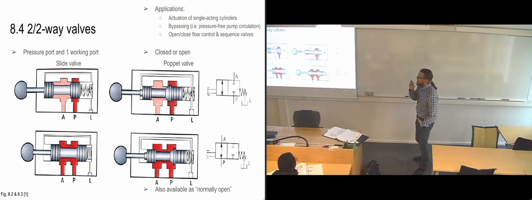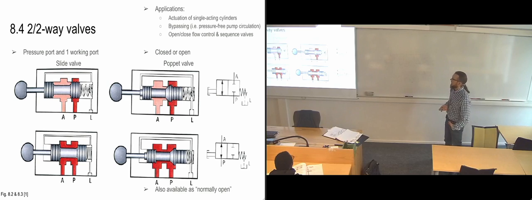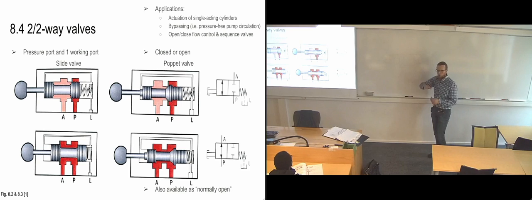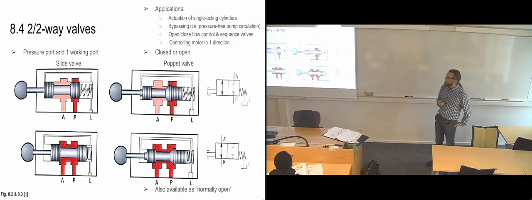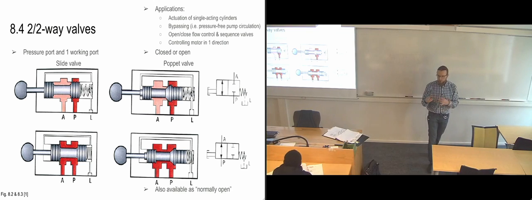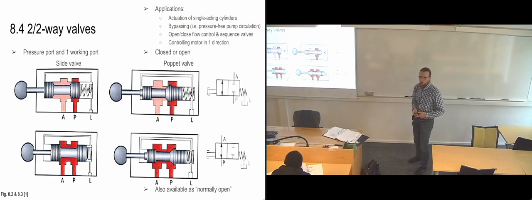And you also use it to open and close flows. Also in sequence valves, which we talked about in the subsea industry, when you are using different levels of pressure to open more and more parts of the systems. So then you can use valves like this to open it up. And then you can control a motor in one direction. So you can switch direction for the motor, anything like that. You'll need a more advanced valve then. But just for starting and stopping a motor, that's possible with a